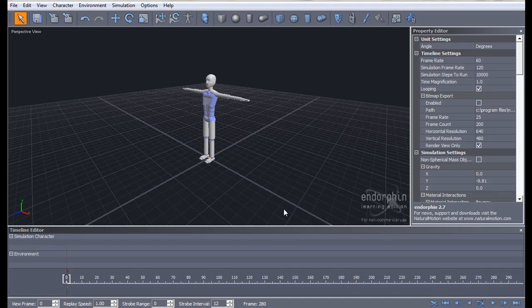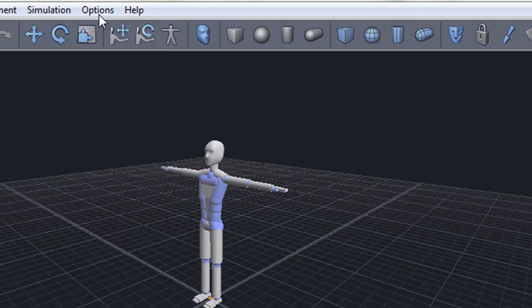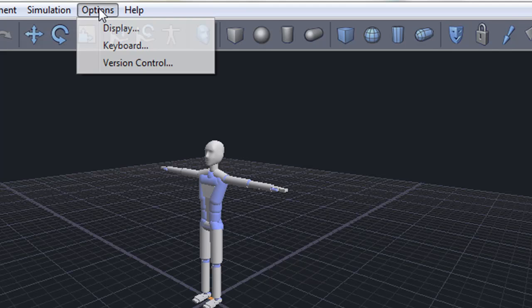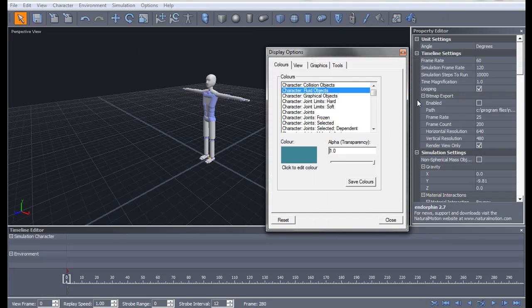Changing colors in Endorphin is one of the easiest things to do, but it's one of the things I'm constantly asked about in my videos. First of all, you click Options at the top of the screen, and then choose Display. That brings up this delightful entry field, and this allows you to change the colors of everything in Endorphin, including the timeline, the viewport, and most importantly,